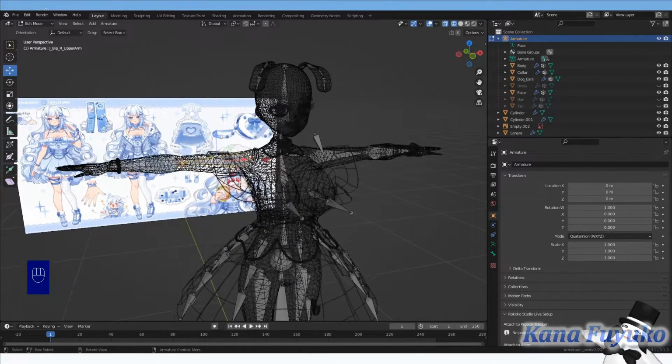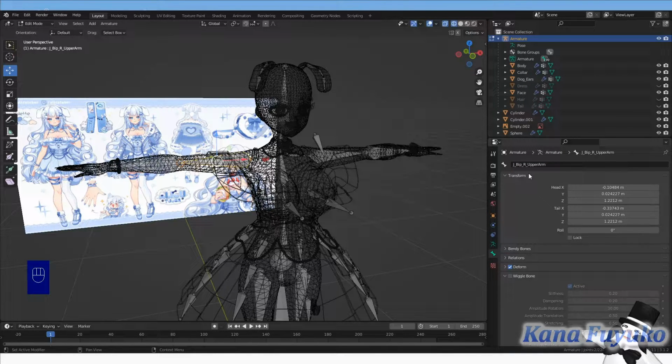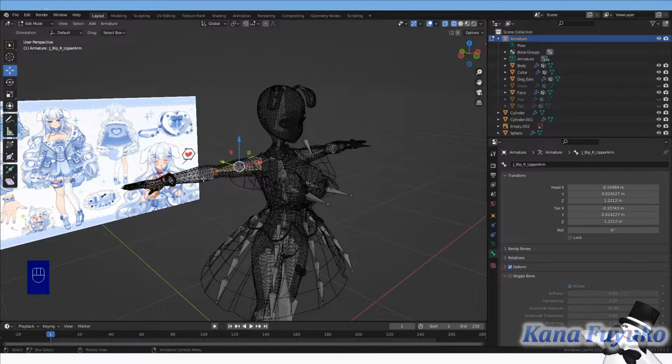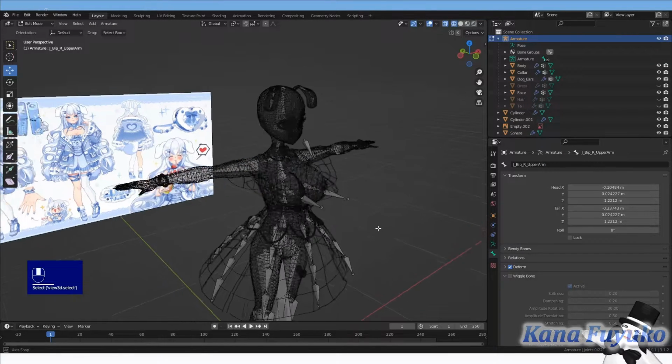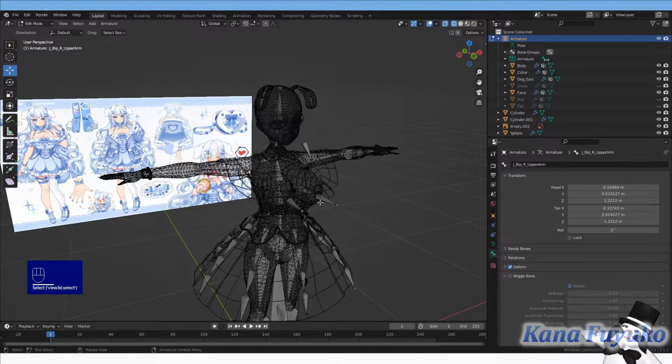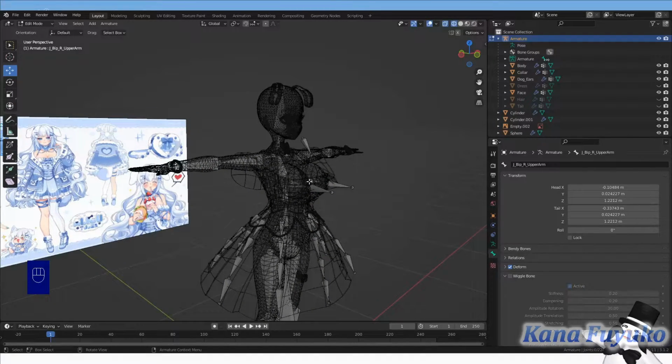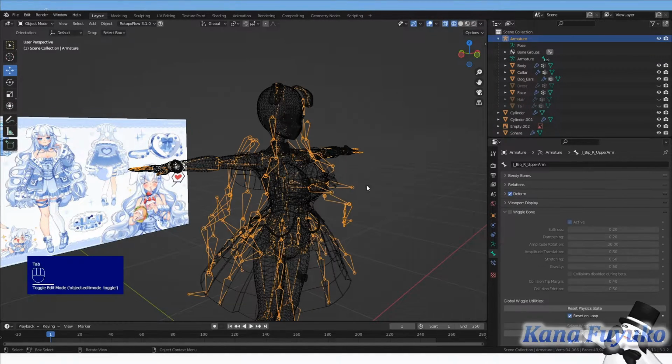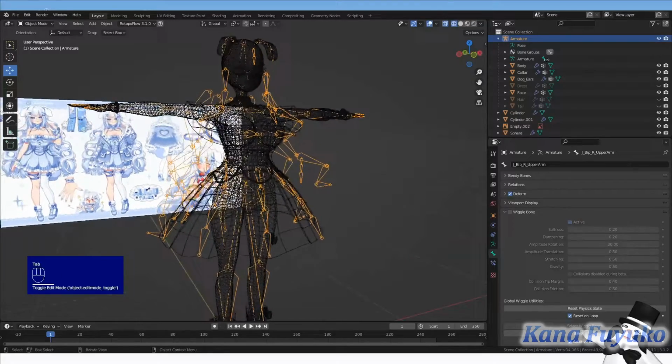Now, I will say you can also just name it yourself, but I know for a fact there are going to be some people that may not want to take a lot of time renaming the bones so that the underscore R is at the end. So just for convenience, I won't do the whole renaming, but if you wish to make it convenient for you, I highly recommend renaming the bones. It will help a lot.